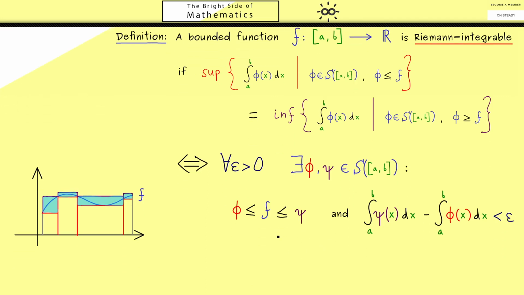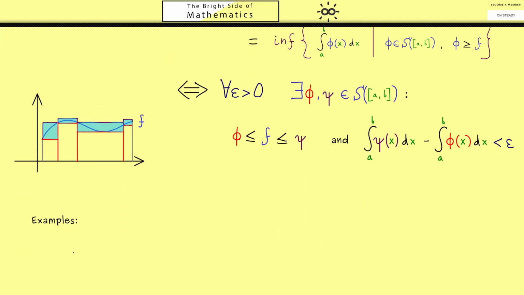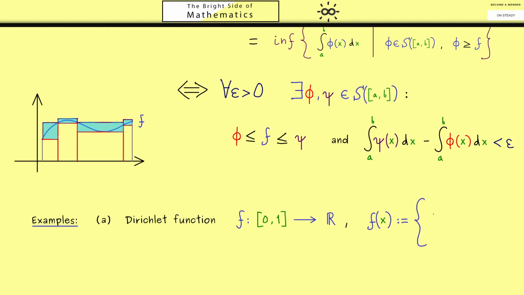Therefore, I would say let's start with the first one now. And I would like to start with a counterexample. It's the so-called Dirichlet function. Indeed, it sounds more complicated than it really is, and I would say let's define the function on the interval [0, 1]. And now the common definition of the function just considers two cases. We either get the value 1 or 0, depending on if the x we put in is rational or not. By using the set names, we can say it's 1 when x comes from Q,